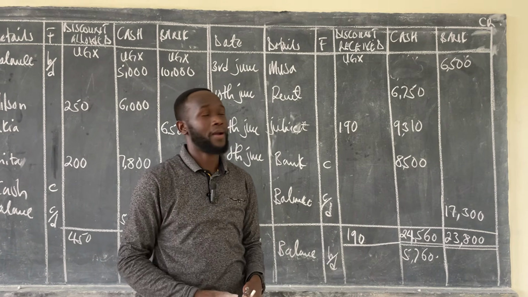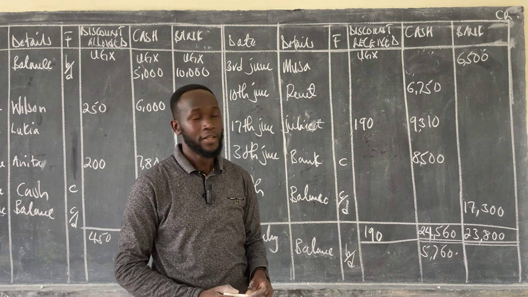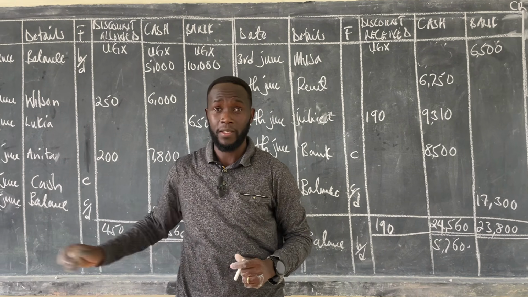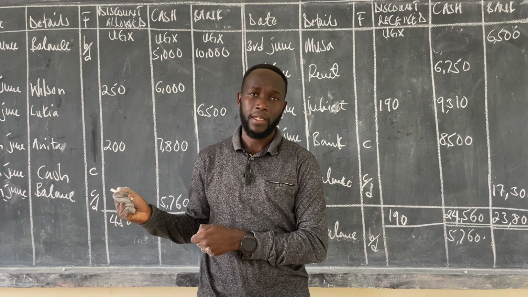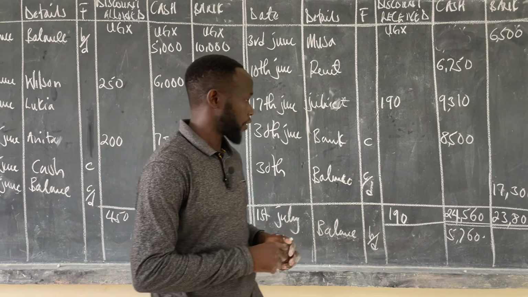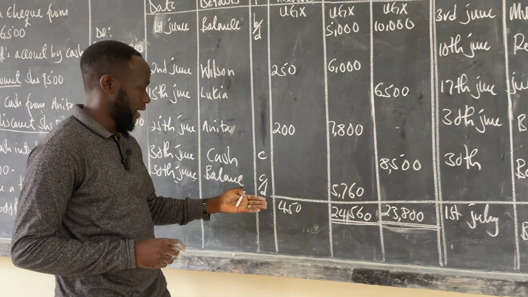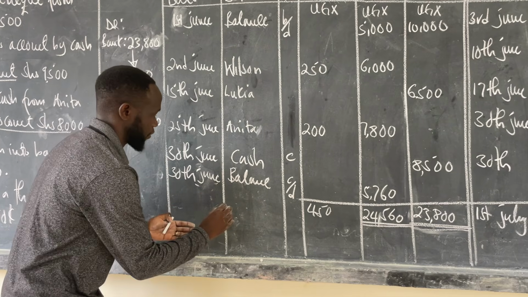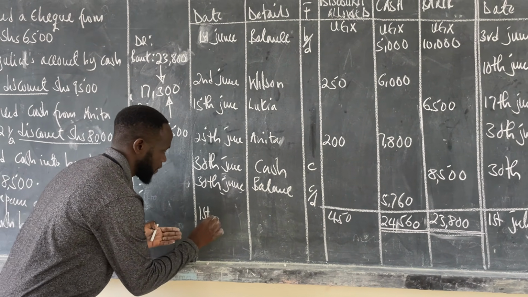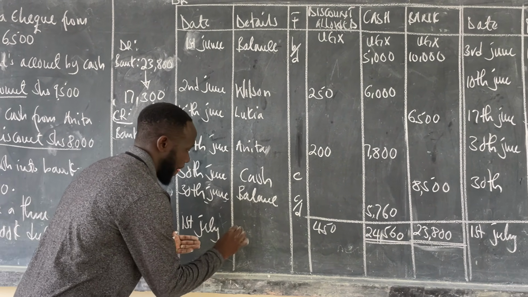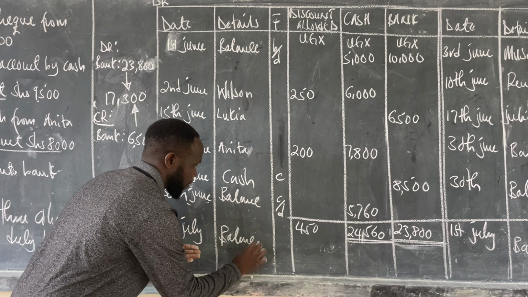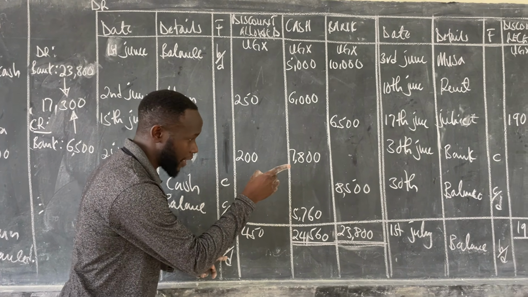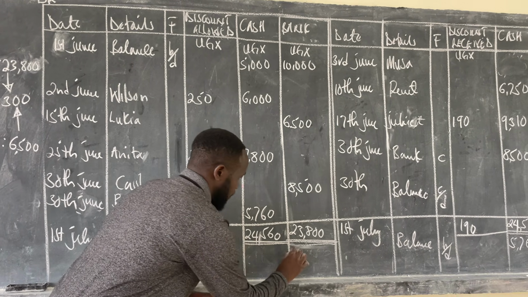Now, after writing that, look at this column. It had only one figure. That was 6,500. So after having this, realize that the bigger total was on the debit side. Kindly remove the debit side and do the needful. So we come to the debit side and we look for the bank column. Since they had a bigger figure, we say on 1st of July, balance brought down. We put this figure, what we call carried down is what we call brought down,